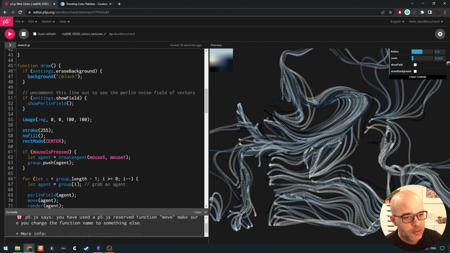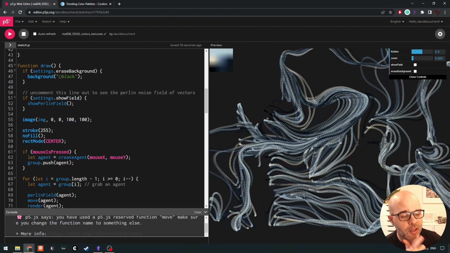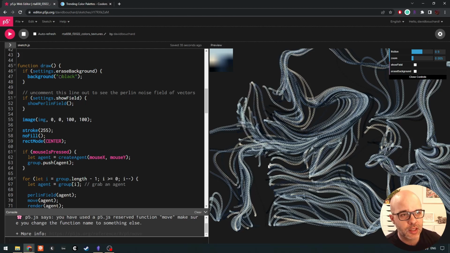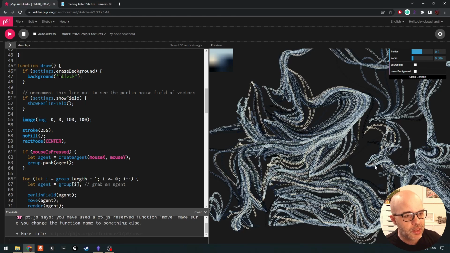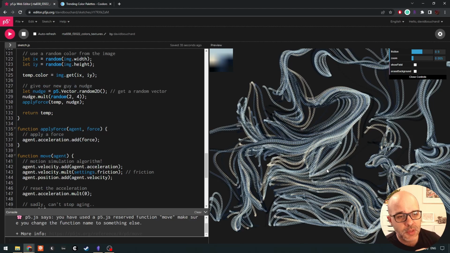All right. Now, let's talk about different strategies for textures. Already, just by virtue of how this sketch was created, we can see that we're drawing with these little squares here, and we are getting some kind of interesting texture out of that. But we're going to explore this with a little bit more intentionality and go through some options that we have for playing around with textures. Okay, so in particular, we're going to talk about